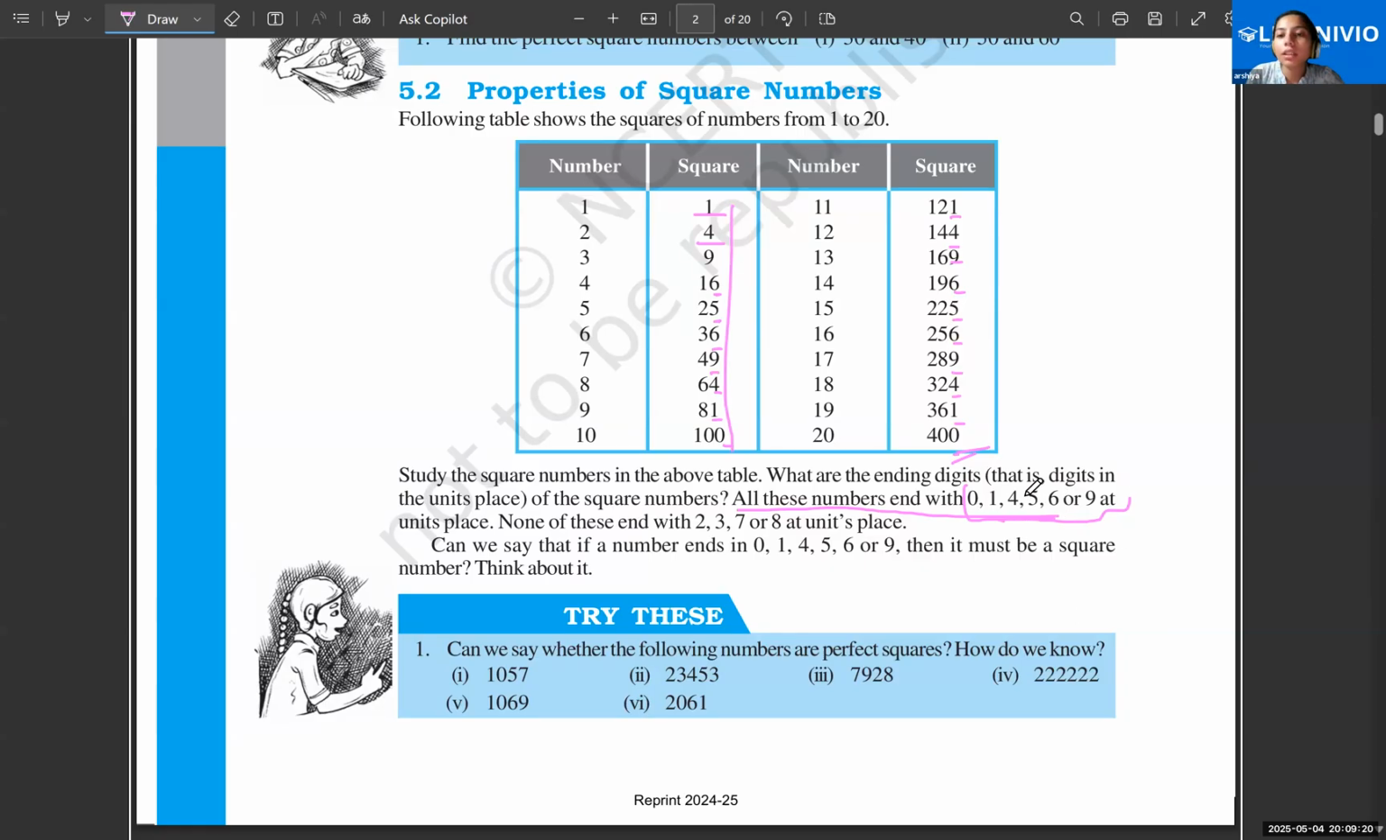Now again, these are a lot of numbers to remember. So instead of this, you can learn the opposite. If a number is ending with